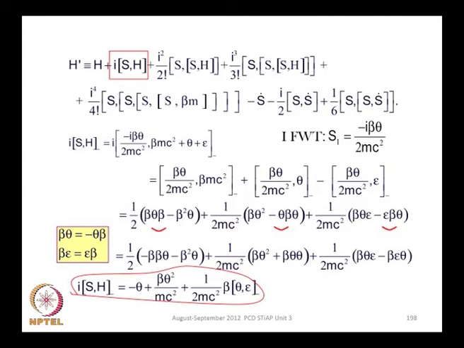You also know that beta square is equal to 1, and when you combine all of those terms, this is what you get for i[S, H], but that is only this box over here. And this takes some time to do,